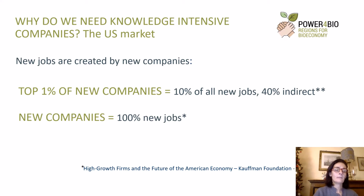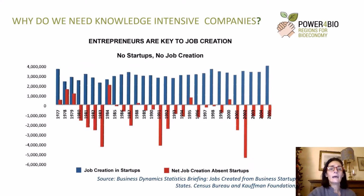There is a report, a study from the Kauffman Foundation, stating that the top 1% of new companies create 10% of all new jobs. And if we count also indirect jobs, the percentage goes up to 40%. New companies, of course, create 100% of new jobs. So they are an incredible tool to support the creation of new jobs, and it should be a reason for managing authorities, for regional stakeholders, to include the creation of new companies as a key objective of any regional or national policy